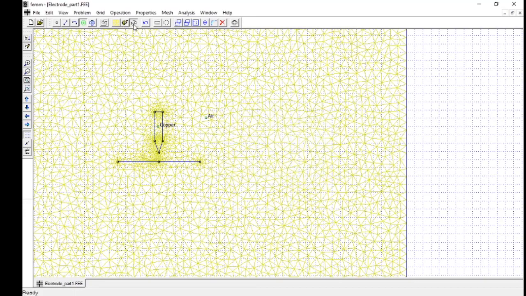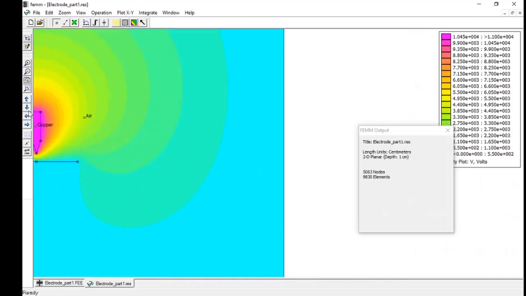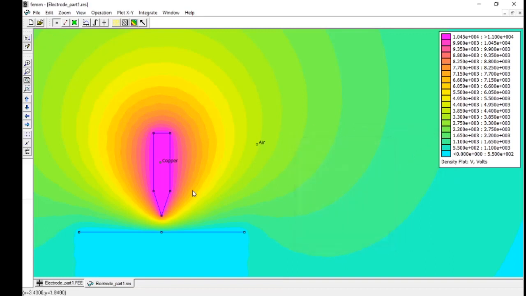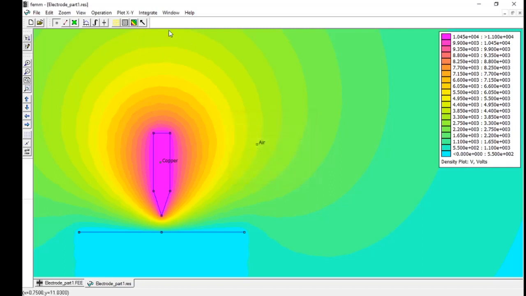So let's view the result. If I click on result, this is how the result looks. The output, what you see here, says the problem definition has a depth of 1 centimeter and units are centimeter. The contour you see is actually the volts, the potentials, how it is defined in the nearby space. If you want to see vector lines or the electric flux intensity, one can select this button here,